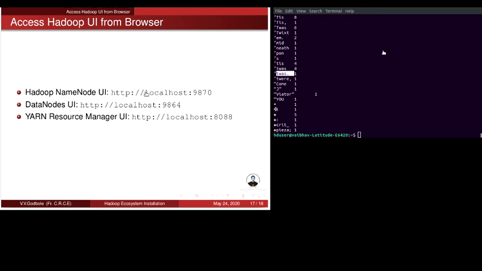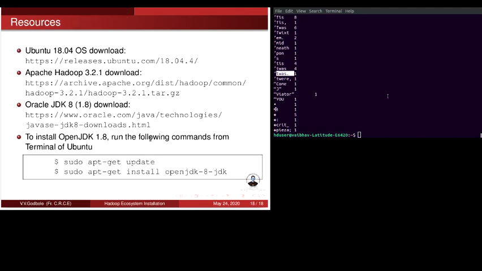You can open these links in the Firefox browser and then see the contents graphically. These are the resources for downloading Ubuntu as well as Apache Hadoop 3.2.1, as well as the Oracle 8 JDK. For Oracle 8 you need to open an account with Oracle and then download JDK 1.8. If you want to use OpenJDK 1.8, simply run this command from your Ubuntu terminal.